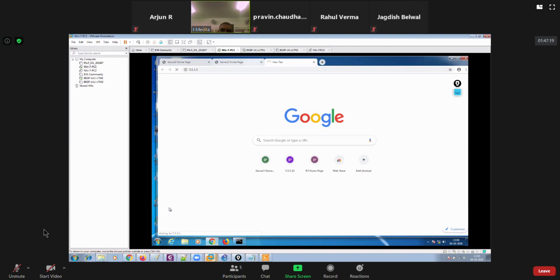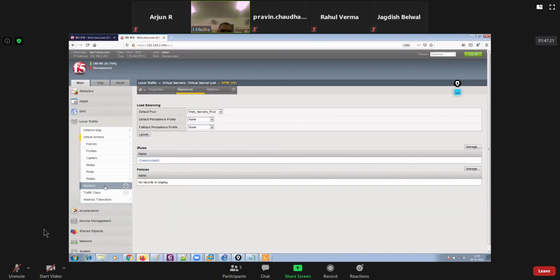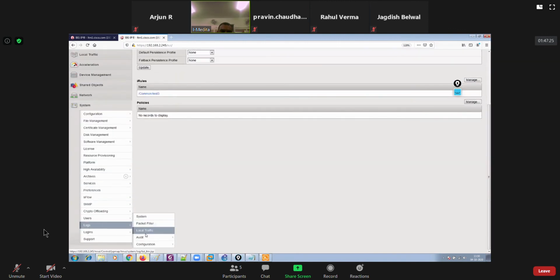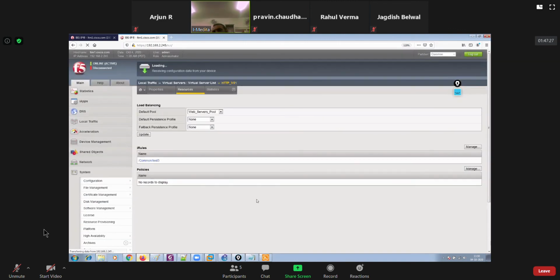This is also good. Let me go back to the LTM now and then go to system, local traffic. We should have that log message, right? With the IP and the port number. Should be able to see that.